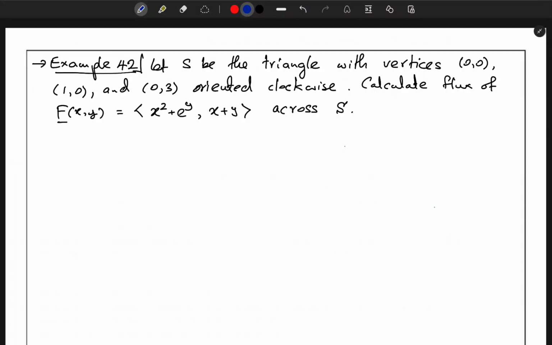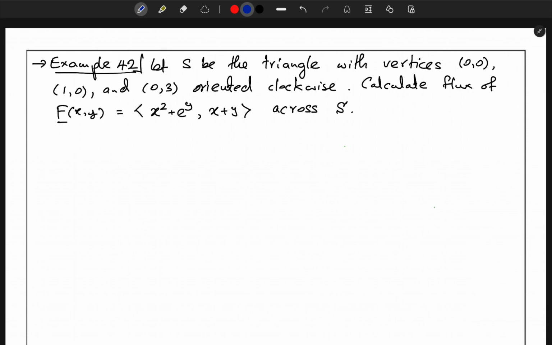Hi all, welcome to part 2 of today's lecture covering section 6.4, Green's theorem. So we talked about the three versions of Green's theorem, and for our purposes we are going to